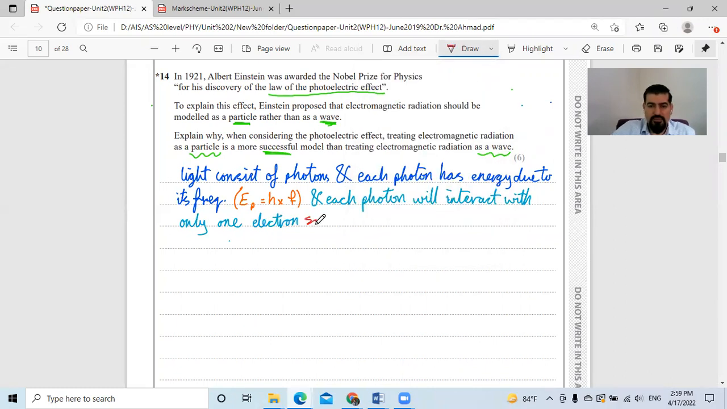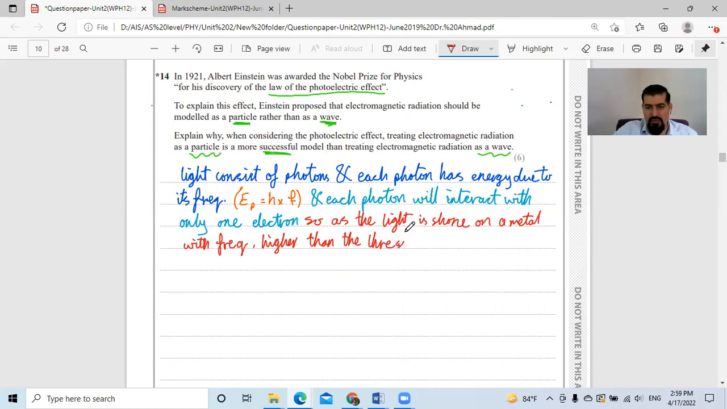So, as the light is shone on a metal with frequency higher than the threshold frequency of the metal, the electrons are emitted instantaneously